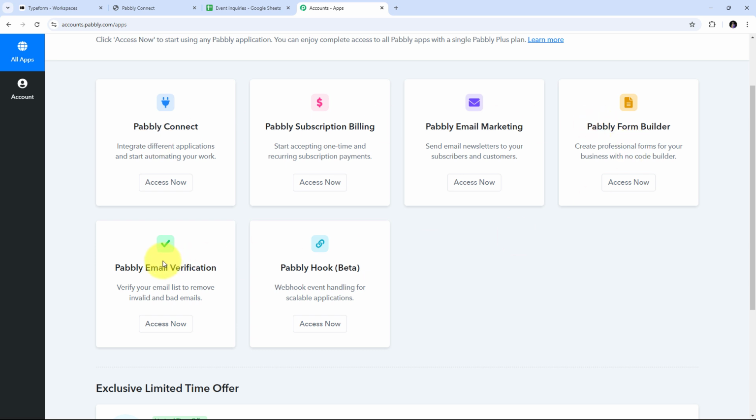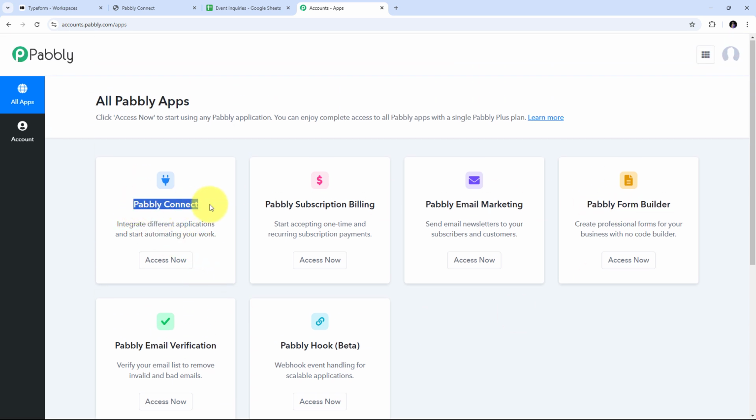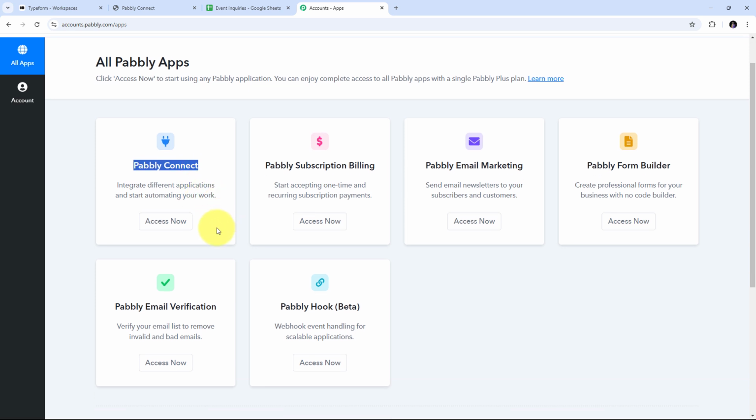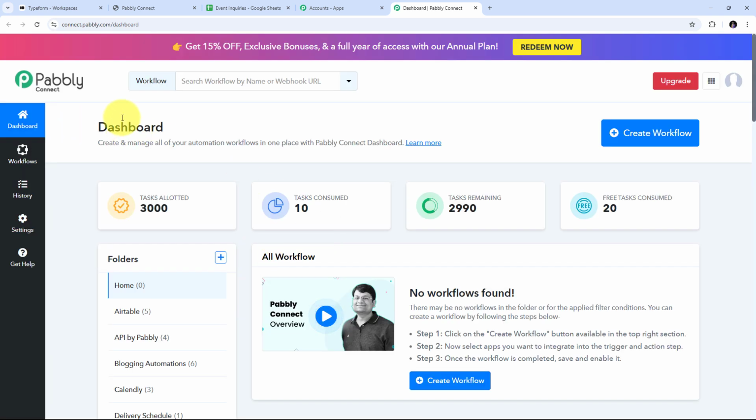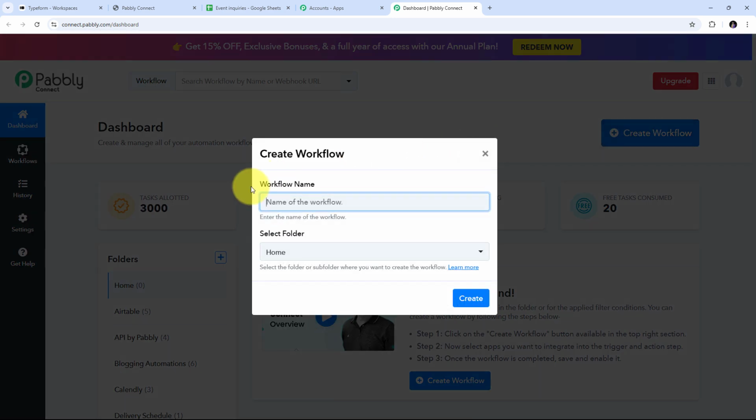So these are all the apps that Pabbly offers, and we are going to use Pabbly Connect here. For that, I just need to click on this Access Now button under Pabbly Connect. This will direct us to the dashboard of Pabbly Connect. Now here in the dashboard, I need to create a new workflow, and for that I'm going to click on this Create Workflow button, and this window will pop up. Here I need to name my workflow, so I'm going to name it as my objective, which is to create GoHighLevel contact on Typeform submission and add details in Google Sheets. Now I need to click on Create,